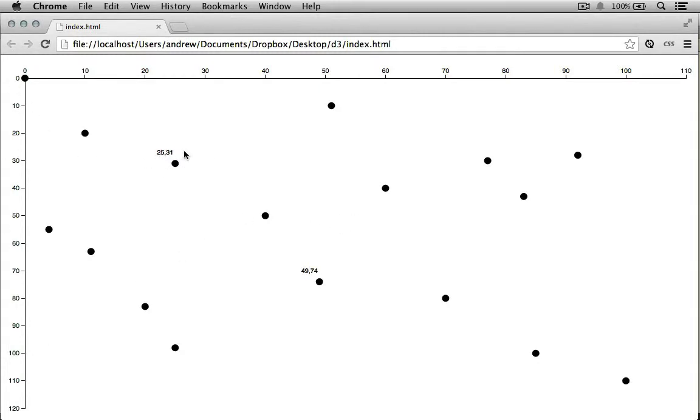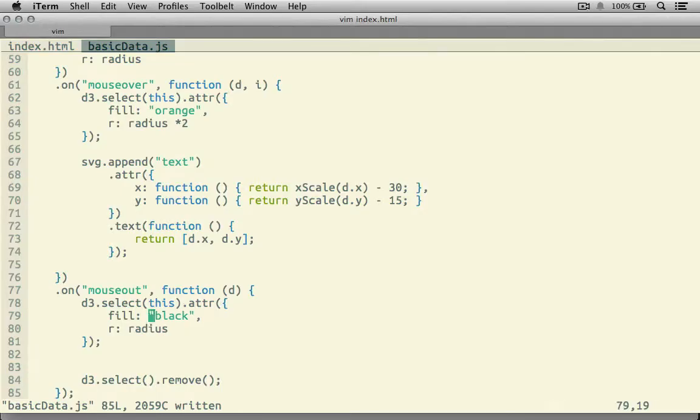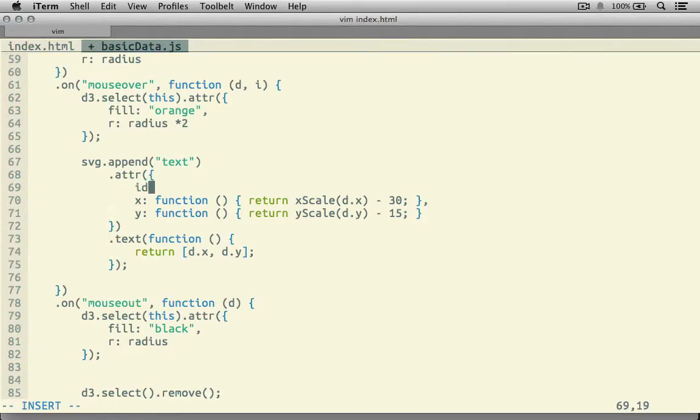We could just find the text element within the group if we were just to add both the circle and its text element into the same group and then have the hover event on the group, maybe. However, here's the way I like to do it. Back up here where we create the text element, let's add an ID to it. So we'll give it an ID of t, and then we will just add d.x plus hyphen plus d.y,